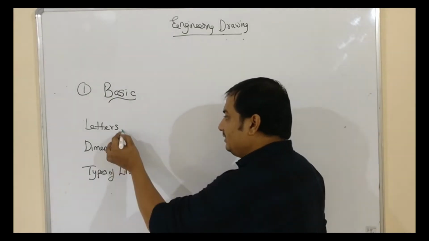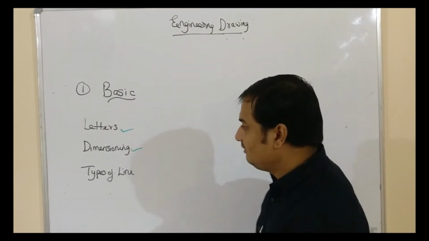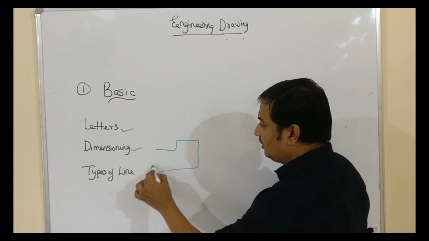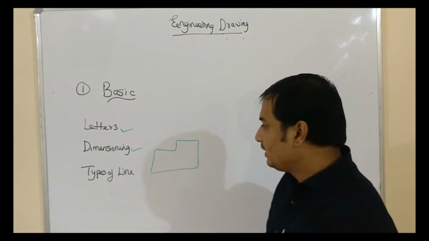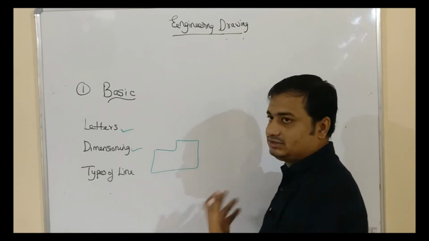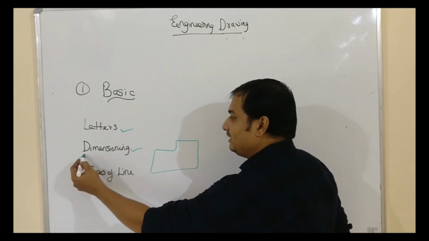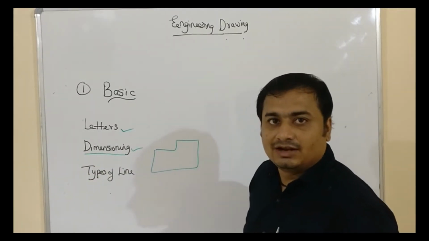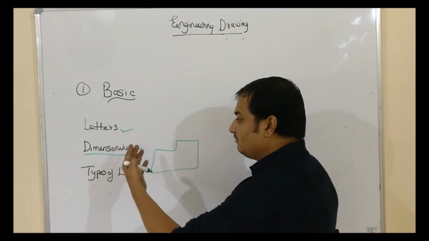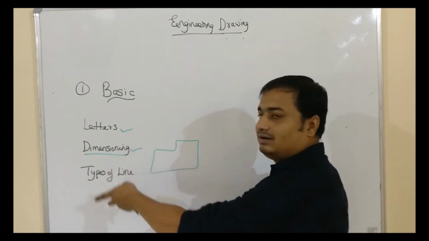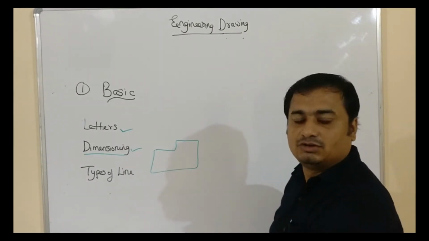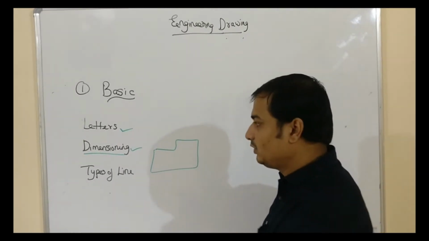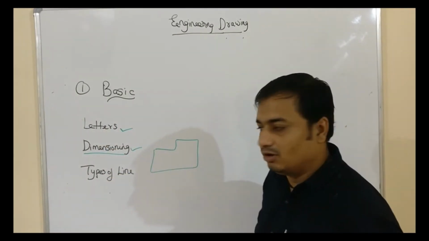Second part, dimensioning. If we have drawn any component, we have to locate the measurement. When we have to locate the measurement for any object in our sheet, we are going to use the standards of dimensioning. So that will come under the dimensioning part. Again, this is going to be utilized in completing all the components of drawing. In the entire drawing, we are going to utilize these basic sub-components.